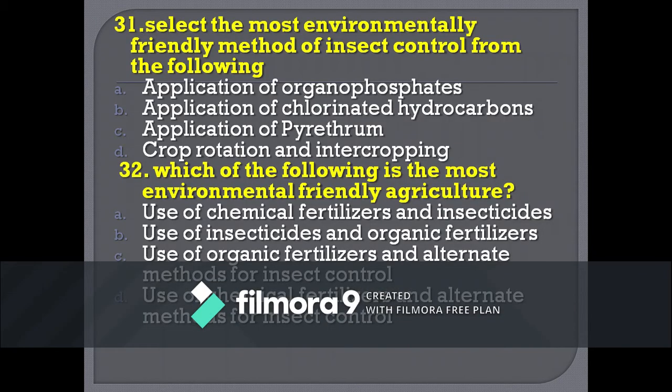The first question, that is 31st question, is select the most environmentally friendly method of insect control from the following. The options are application of organophosphates, application of chlorinated hydrocarbons, application of pyrethrum, and the D option is crop rotation and intercropping. So D is the right option, crop rotation and intercropping, where no chemicals are used and environmentally friendly insect control can be brought about,